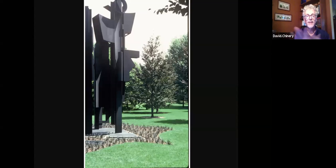And this is not the greatest picture in the world. This was the old film camera, but you can see the black mondo grass that's been planted under the sculpture, and then the very dark purple leaf beeches kind of go together in a dark kind of theme there,